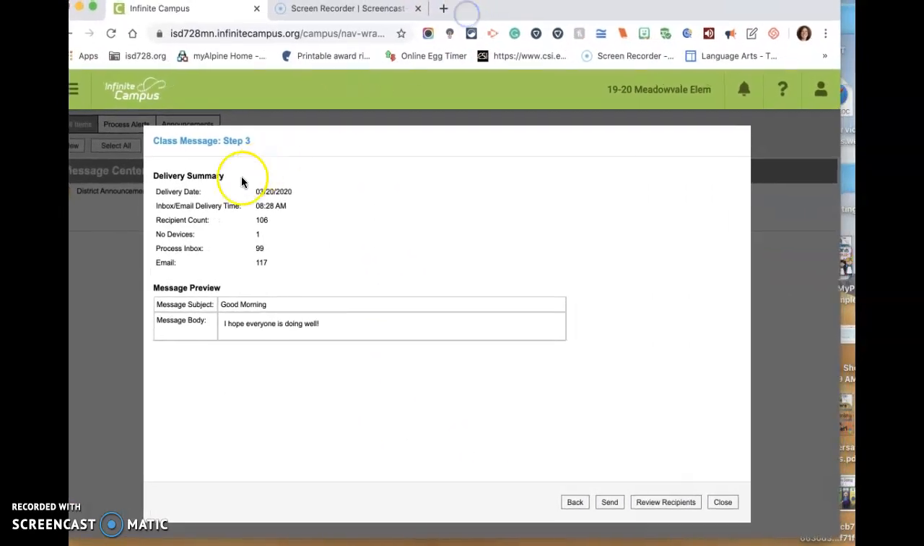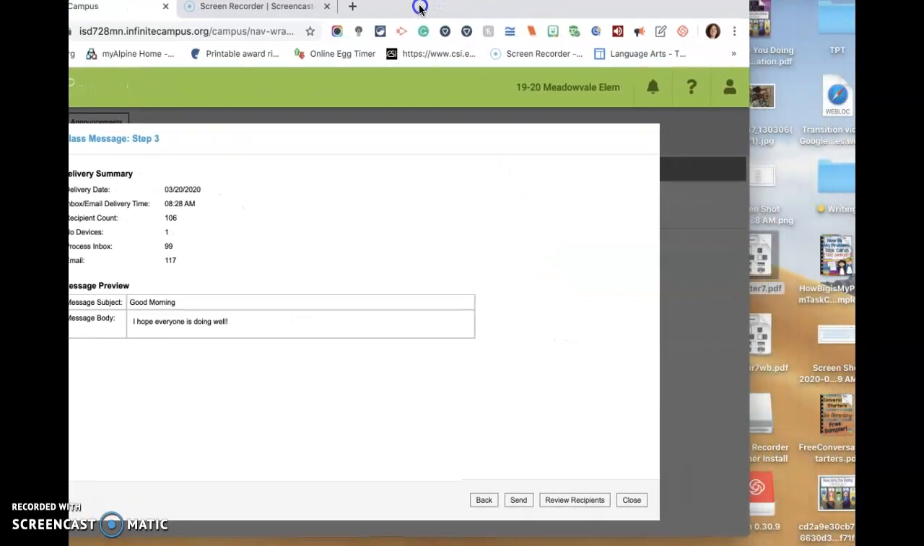This will show you all the information so you can make sure. It's really hard to accidentally send something because there's a bunch of times when you have to check it. So this says when it's going to send, how many people it's sending to, and in the bottom corner here again, sorry, I keep moving this, you can review the recipients. If you click that, it will give you a list of all the parents' emails that it's going to,